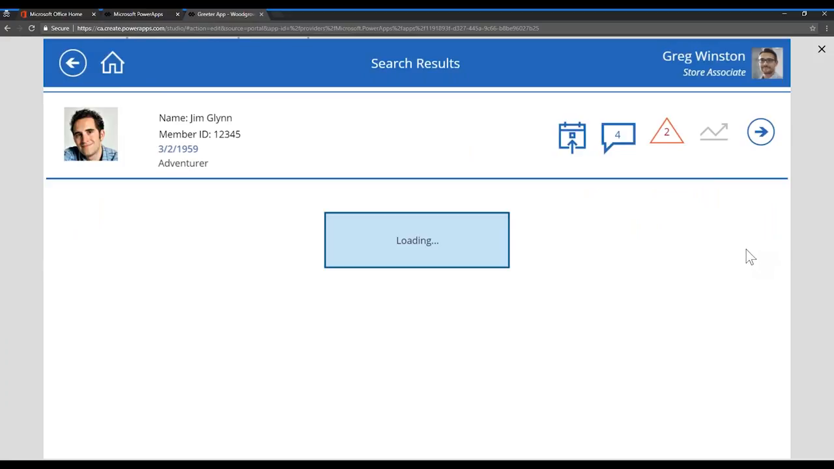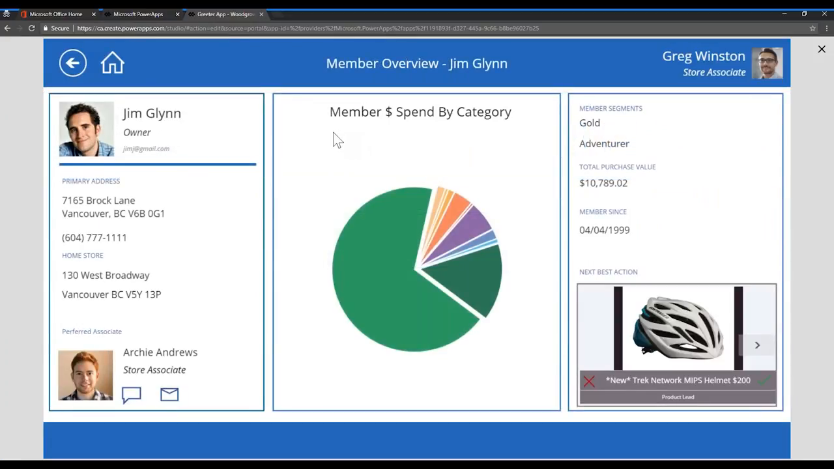And then finally, the 360-degree view of Jim Glynn as the member, as the customer. We can see some basic information, the member spend by category. We can see he's been a member since this date. There's also a little bit of artificial intelligence here that we can embed. We know that Jim bought a bike from us a few years ago,